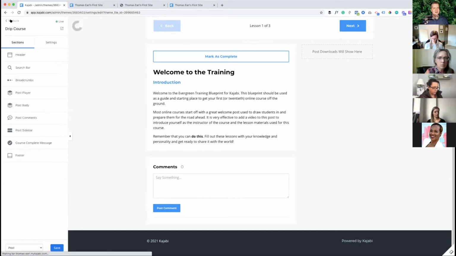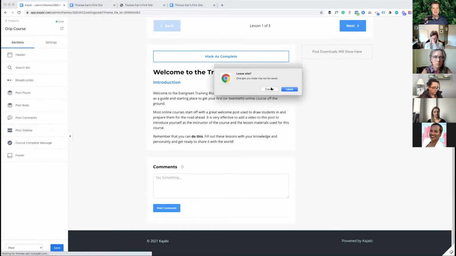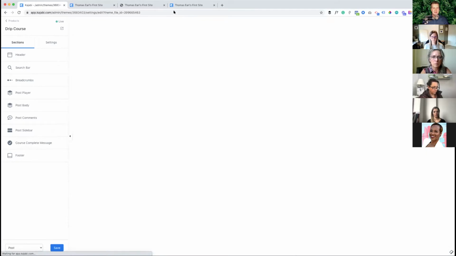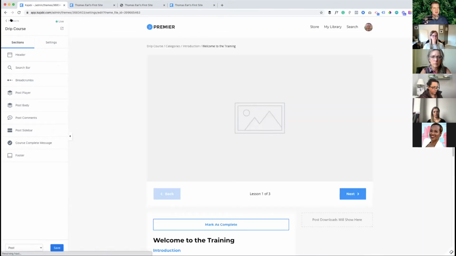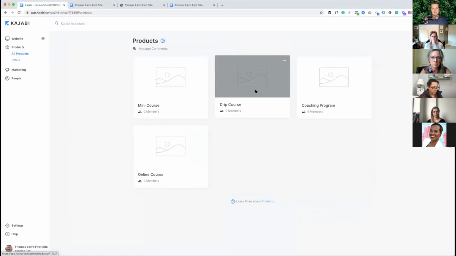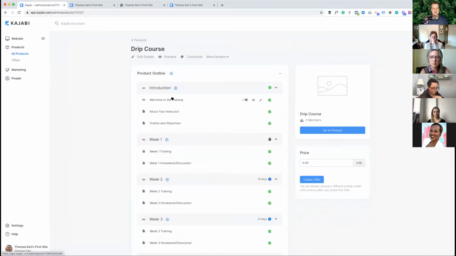Let's see here. So everything else gets edited not inside customization, but actually within the course. So this is to customize how it looks in terms of it looking pretty, but everything else is done inside of when you create the content. So let me just go back to show you what I mean. So when you create here,